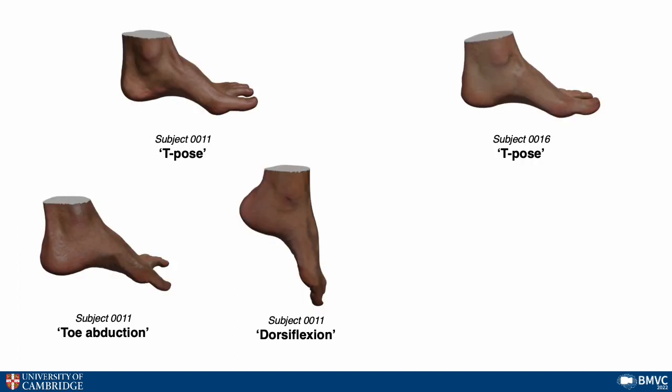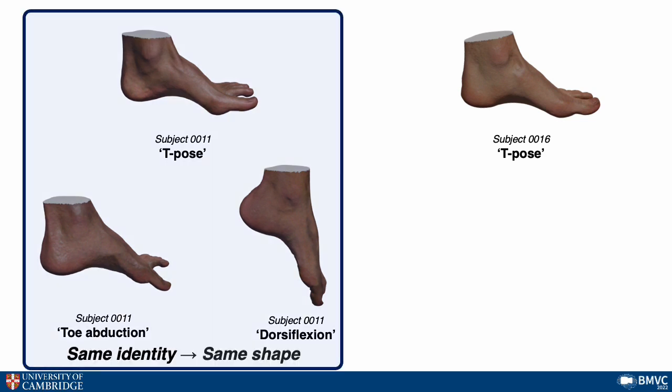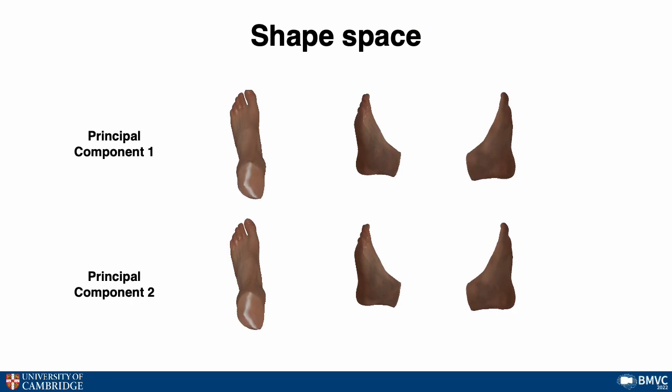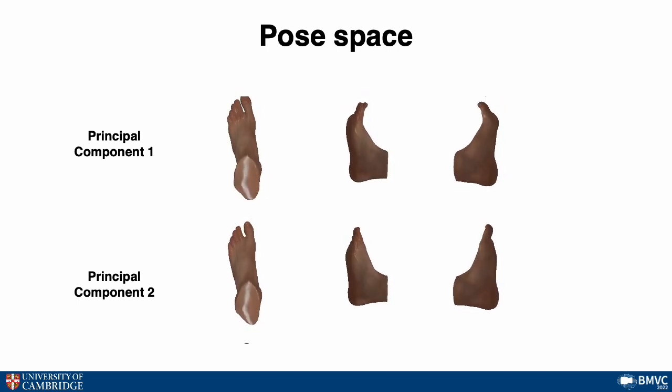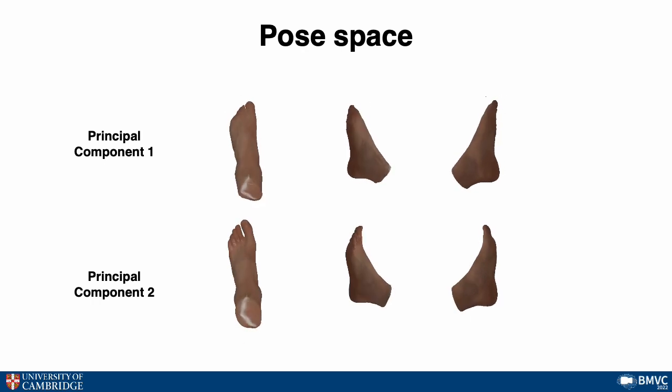To be able to effectively model the foot's ability to articulate, our model must learn from the scans what geometry changes are due to subjects having differing foot shape and what geometry changes are due to articulation. To allow our network to learn this, we use a simple constraint. We know the identity of each foot in our dataset, so we can constrain our per-foot latent shape codes so that scans of the same foot must have the same shape. Here we show components of the learned shape space, capturing curvature of the foot and relative toe lengths, for example. And here is the learned pose space, showing a flexion and extension of the toes and a rotation of the